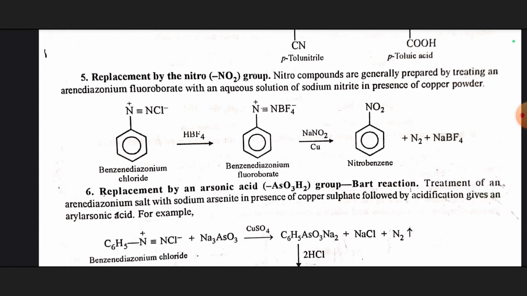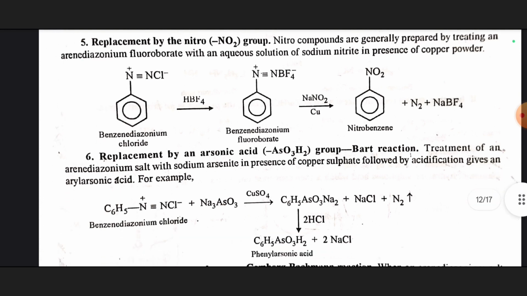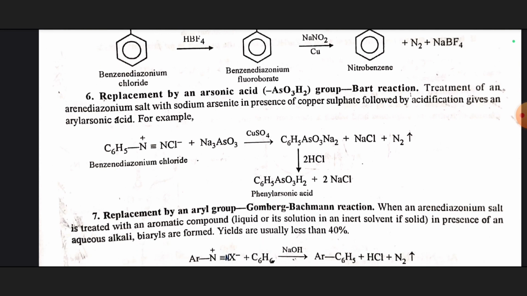Nitro compounds are generally prepared by treating an arene diazonium fluoroborate with an aqueous solution of sodium nitrite in presence of copper powder. 6th, replacement by an arsenic acid group, Bart reaction. Treatment of an arene diazonium salt with sodium arsenite in presence of copper sulfate followed by acidification gives an aryl arsonic acid. For example,